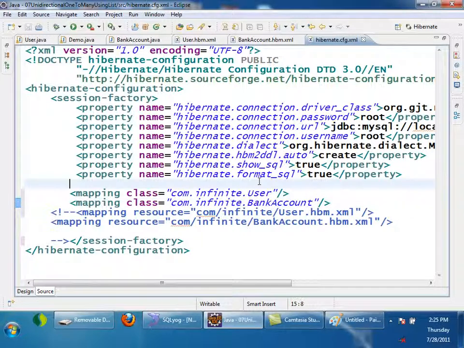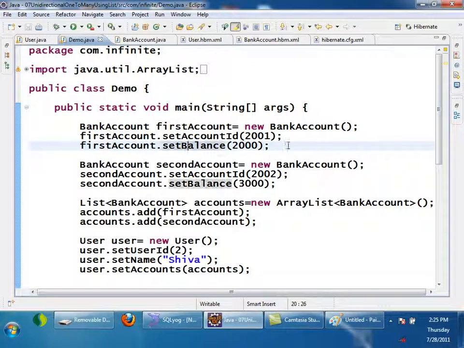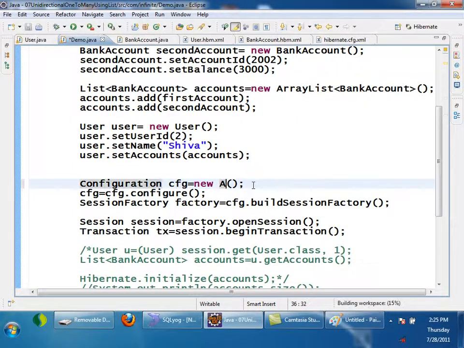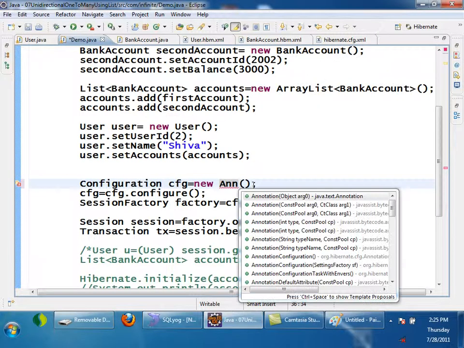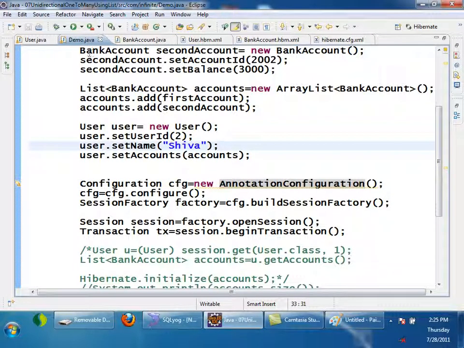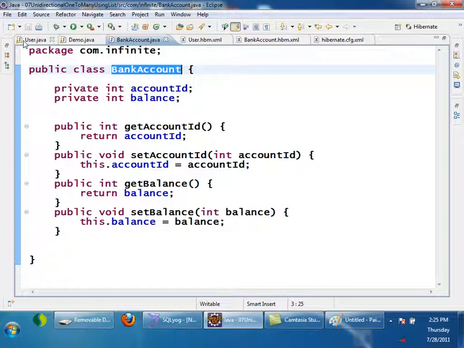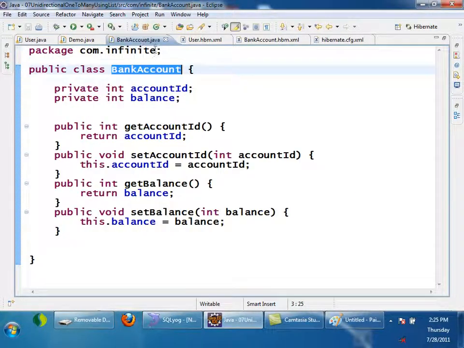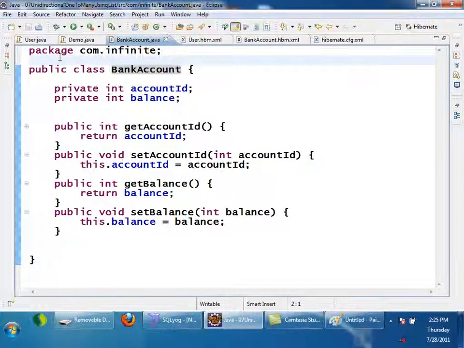Another change which I have to make here is, in the demo, instead of using Configuration, I have to use AnnotationConfiguration. That's it, right? And bank account, did I configure it? I configured on the user side. I didn't configure on bank account. So I will configure. This is also an entity,